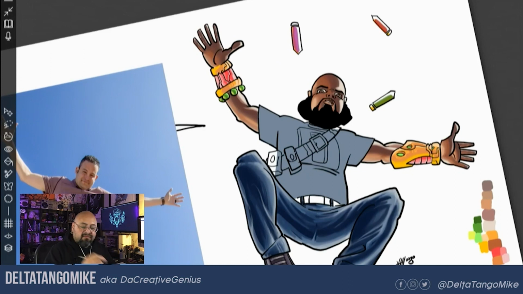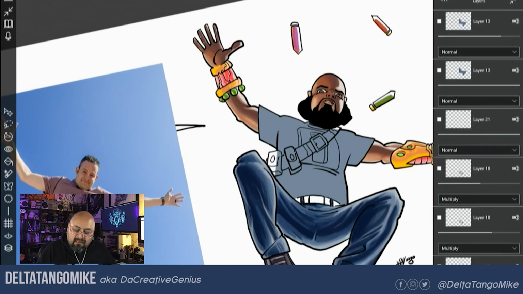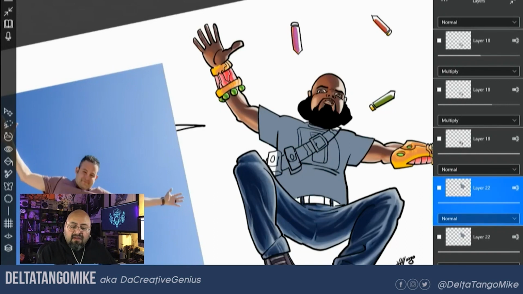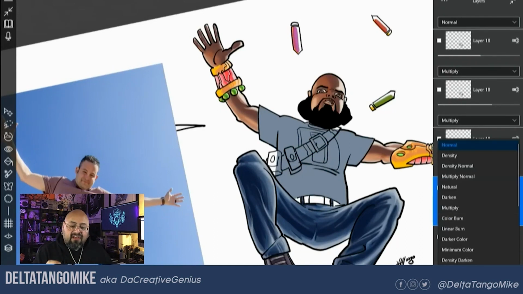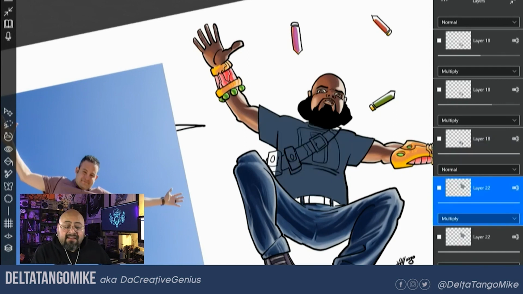So here's what I do. I make a duplicate of the layer that I just finished, right? And then I'm gonna change the blend mode to multiply. Boom, now it gets darker. But I can play with this opacity to make it a lot darker or lighter. So I'm gonna go right here,